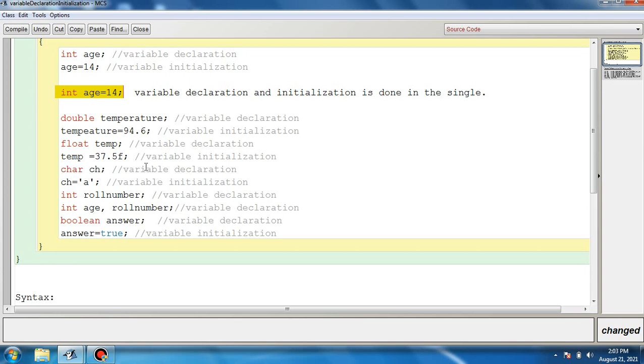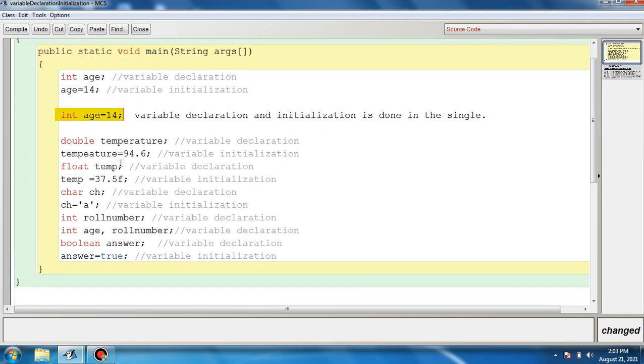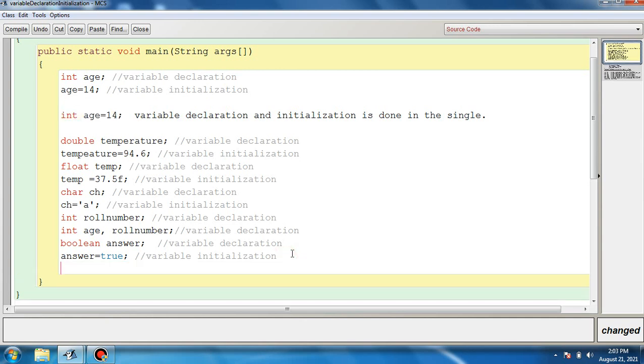Now with this we have covered the topic of how to declare different types of variables and how to initialize them. After initializing the variables, if you want to check whether they actually store these values or not, you can use a print statement, an output statement. It is System.out.println, where System should start with a capital S, followed by brackets. For the time being, just remember this is an output statement.